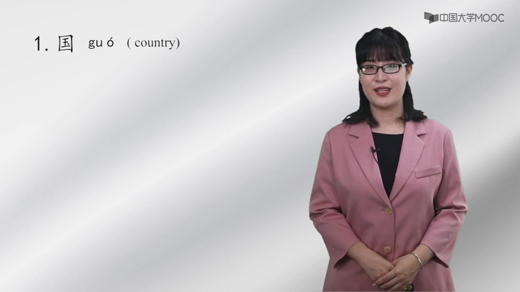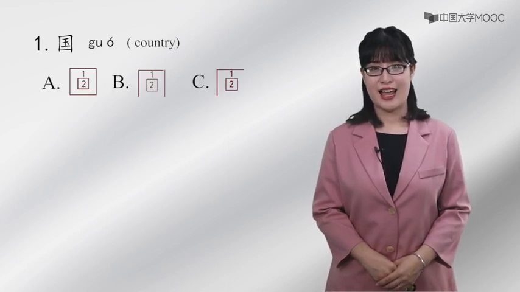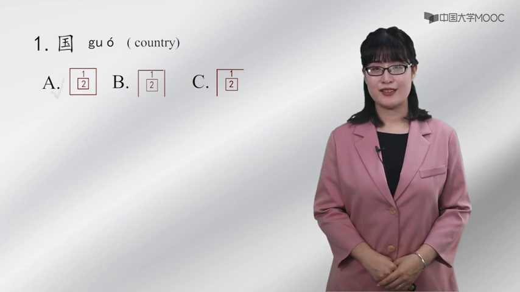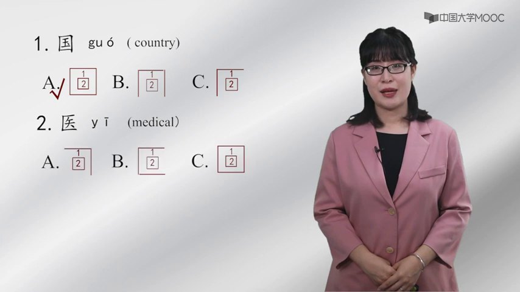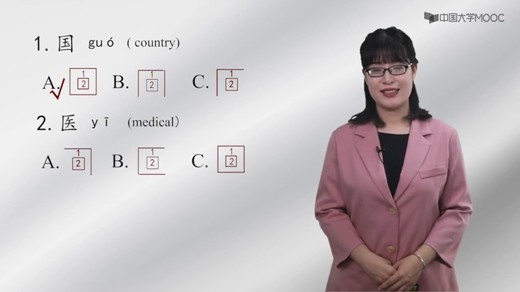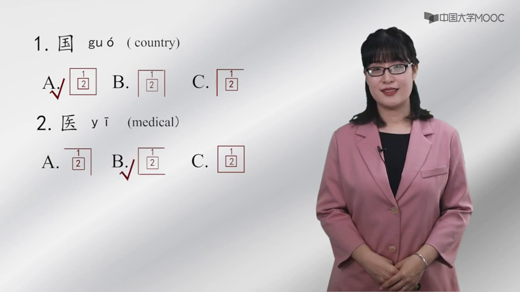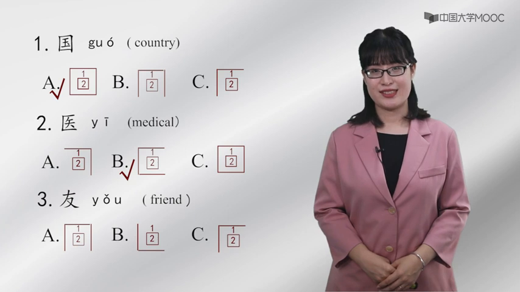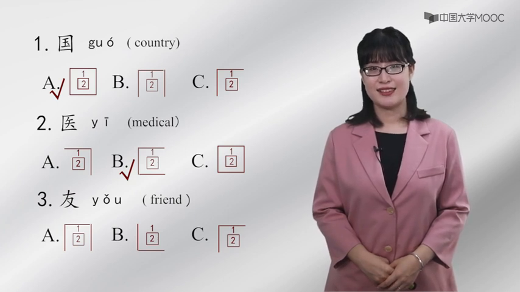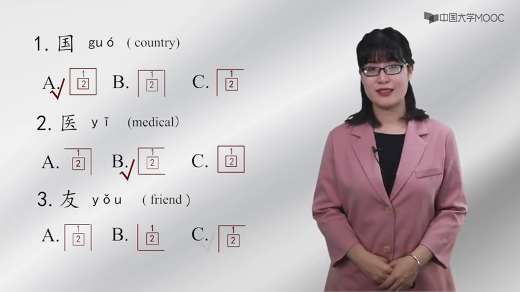Now let's try to choose the right picture. 国. Please choose. The answer should be 一. Please choose. The answer should be 有. Please choose. The answer should be